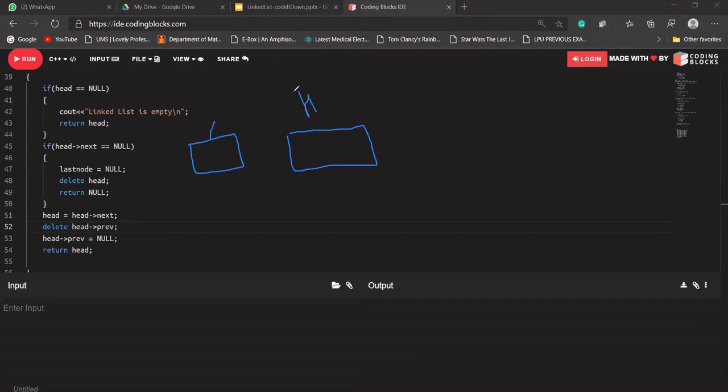For deleting something, I should have the address of that node. Here its address was there in the previous pointer. So if we have updated the head, I'm having the address of that node in its previous pointer. For deleting something, I should have the address of that node only. So here I'm having the address of this node, so I'm not using any temp, I'm asking it to delete this node, and I'm saying that head's previous should point to a null value here.